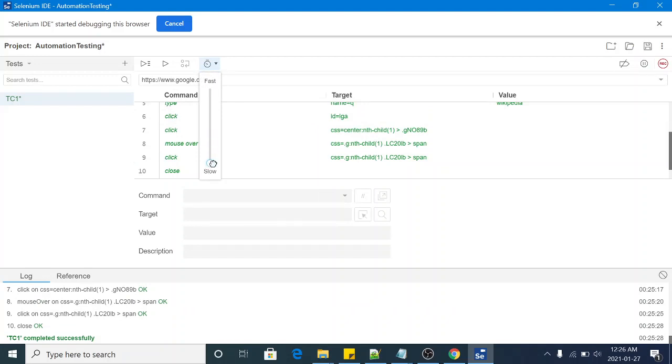You can modify it from slow to fast. I'm just giving you an example. In fast mode your script is taking only 40 seconds, but in slow mode the script is taking around 2 minutes 40 seconds. So that's the difference. Now you can adjust this pointer to slow if you want to run the script in very slow mode, and you can move it to the middle somewhere, or you can move it to fast also. Fast is the default setting for test execution speed. You can find this setting here.